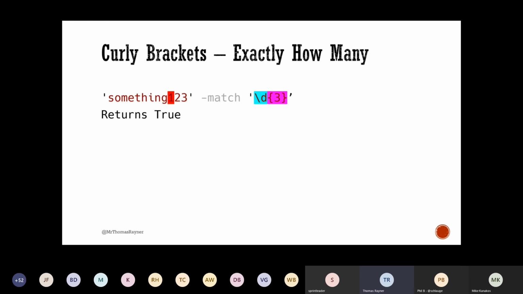So that's not a match on its own. That's not a match on its own. But this is a match because it's 3 of them. So before, when I just had the 1, 2, 3, and I just had the backslash D with no quantifier, all 3 of these were matches. But that's not how we're working now. We're saying I want 3 of these. I want a specific quantity of these. And I'm doing that with the curly braces.